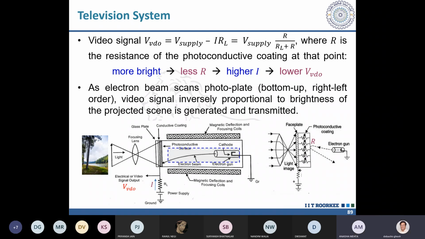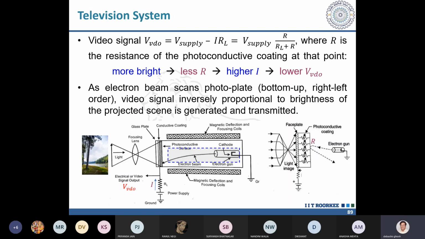If we do it vice versa in the camera, like from top to bottom, and in the picture tube the other way? You can do it. Here you do it from top to bottom, but there you do it from bottom to top. You can do it, but anyway, this is what people have made as a convention. Something has to be fixed, right? All the industry people have to fix up a standard.